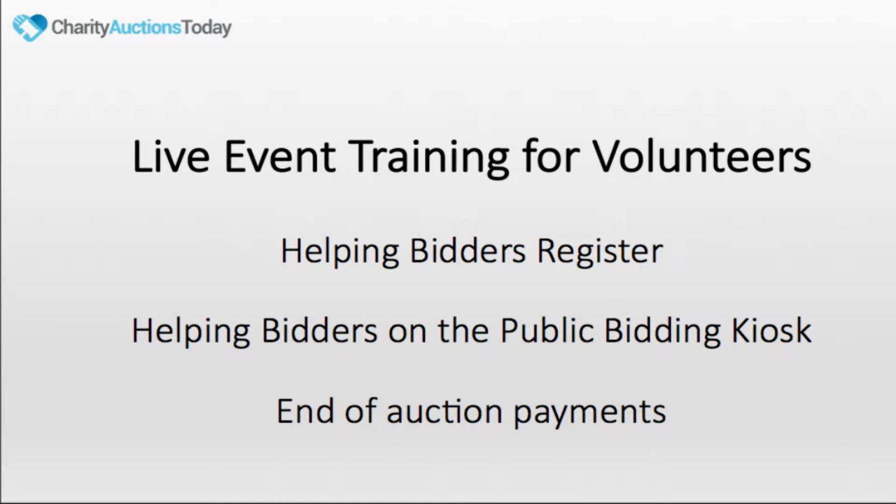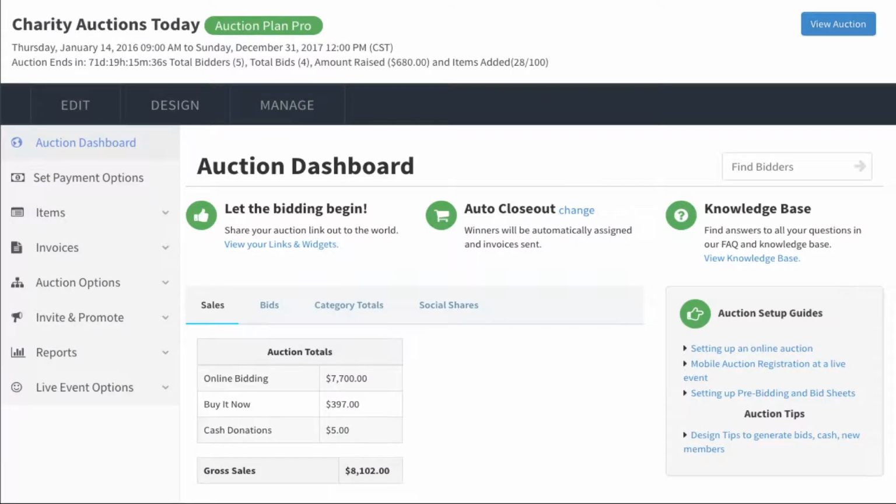This video is geared towards helping to train volunteers on how to help bidders at a live event register on the Public Registration Kiosk, and then also how to place bids and pay invoices on the Public Bidding Kiosk. So the first part we're going to go into is registering a bidder on the fly from the live event